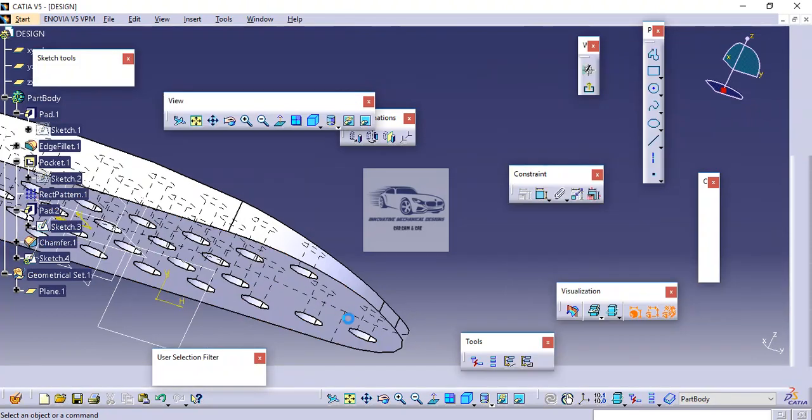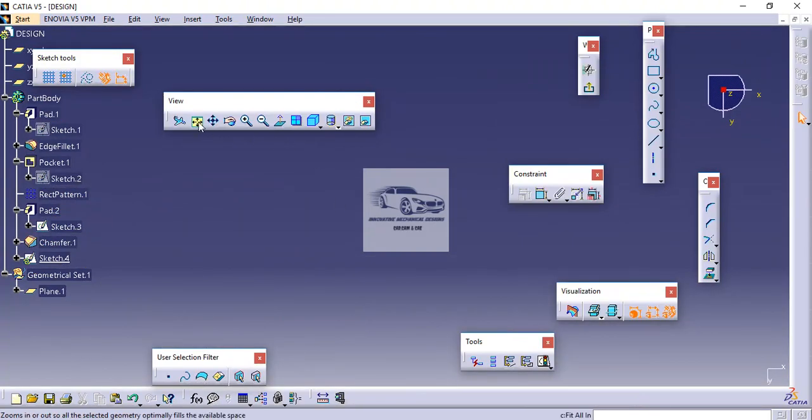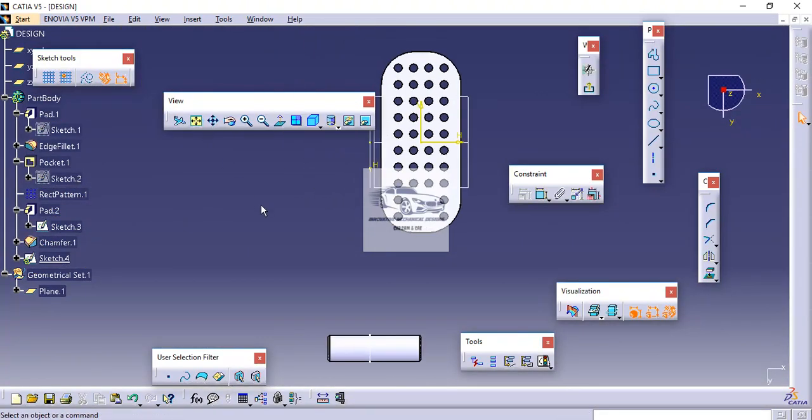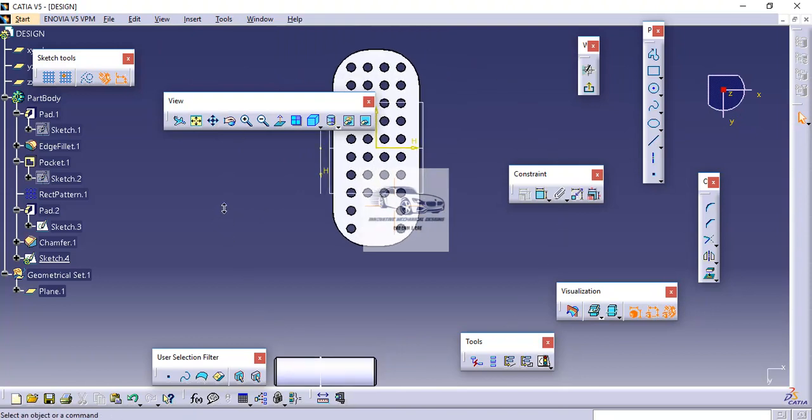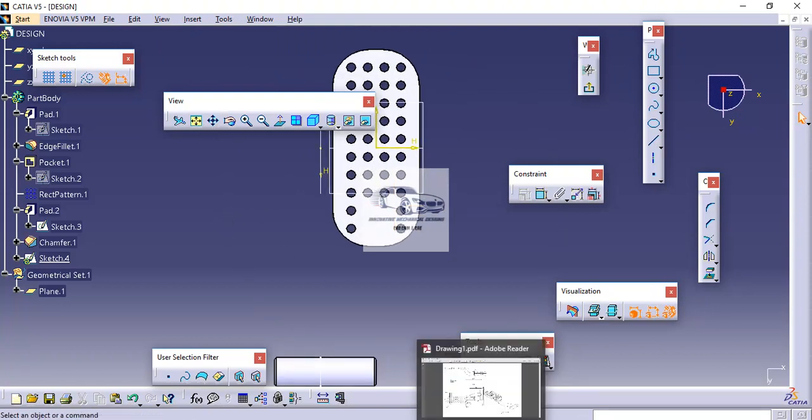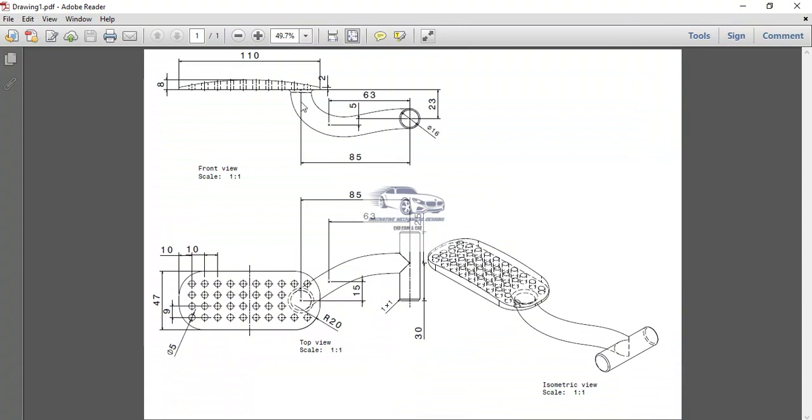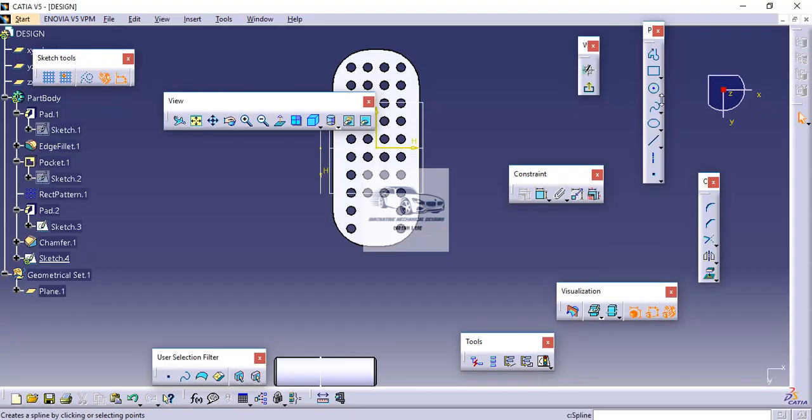Now I will go to sketch. I will select this face, and again I will draw a circle again of diameter 16. So this is the cross section of this particular curved portion which we have to develop finally. So this is also diameter 16.